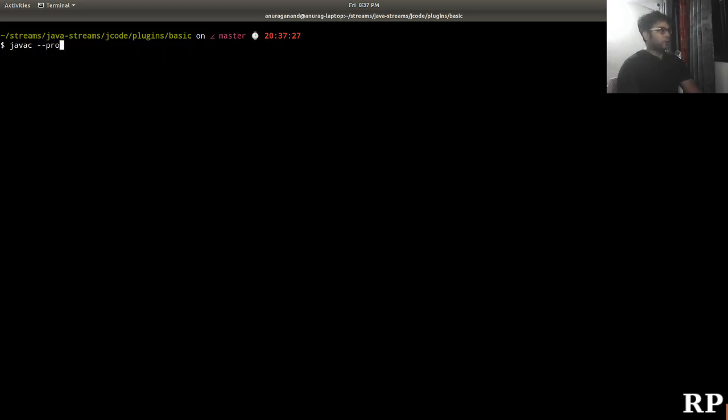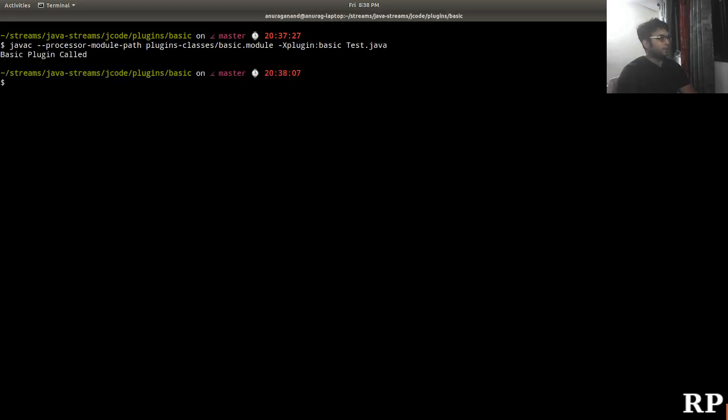We'll say processor module path is plugin classes, basic module, and I need to tell that the name of the plugin is basic, and the class Java file is named Test.java. So you can see that our plugin was called, and it printed this line, basic plugin called.